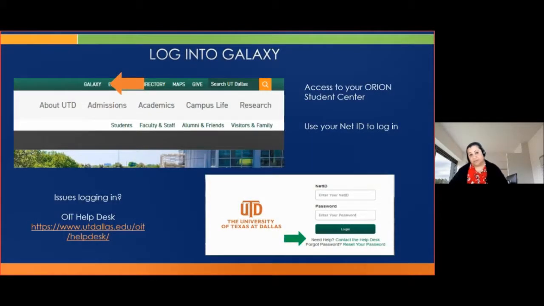So now, when it comes to registration, your registration is actually going to happen within the Orion Student Center. So we definitely want to take a look at that. As you know, you log into the Orion Student Center via Galaxy using your NetID and password. The main UTD page will contain the link. So at utdallas.edu, at the very top of the page, you will see the link to Galaxy, which then gives you